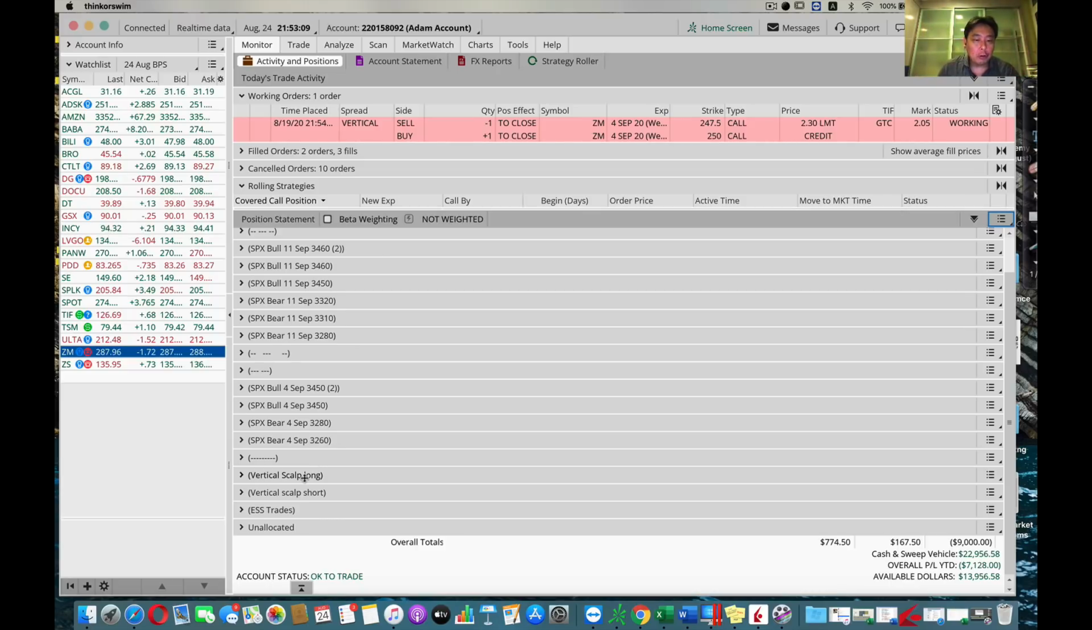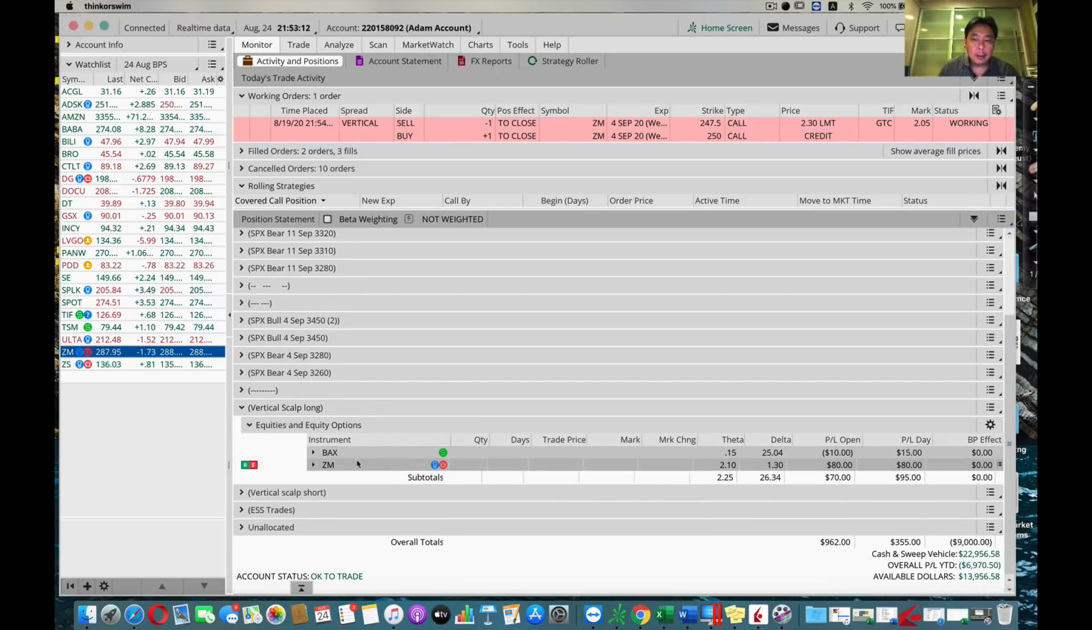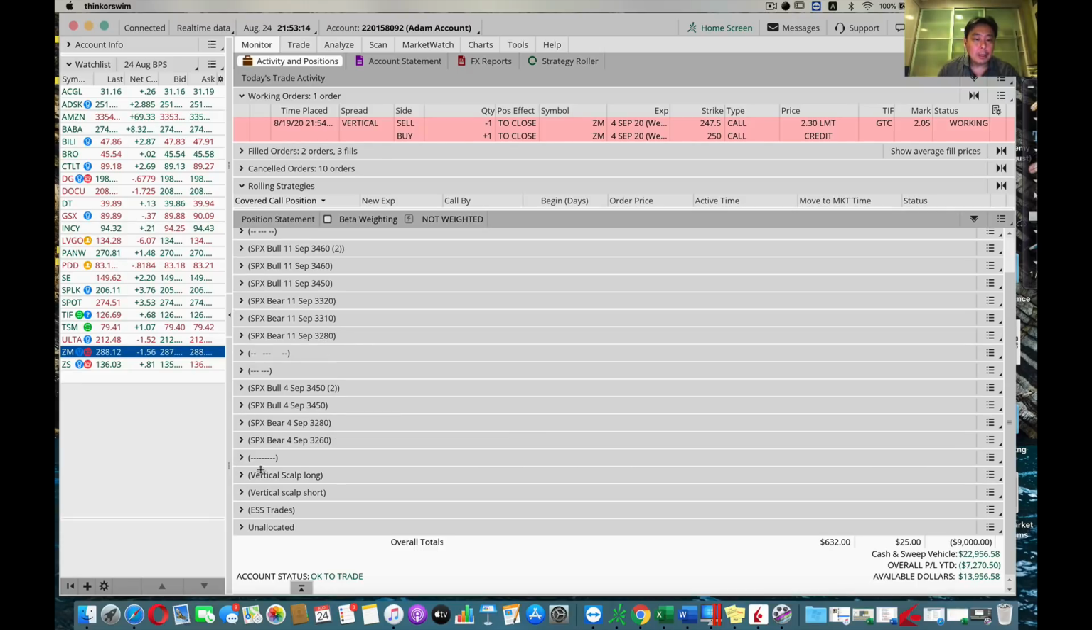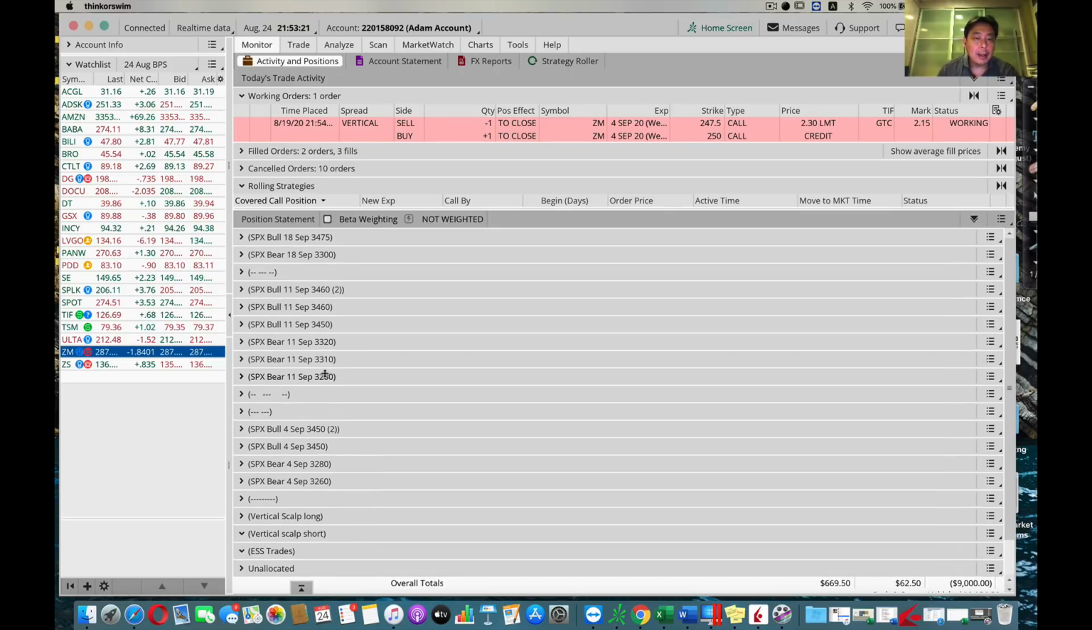So these are my long trades, BAX and ZM. These are my short trades, which I don't have right now. These are my earnings trades, which I've already closed. And these are my individual